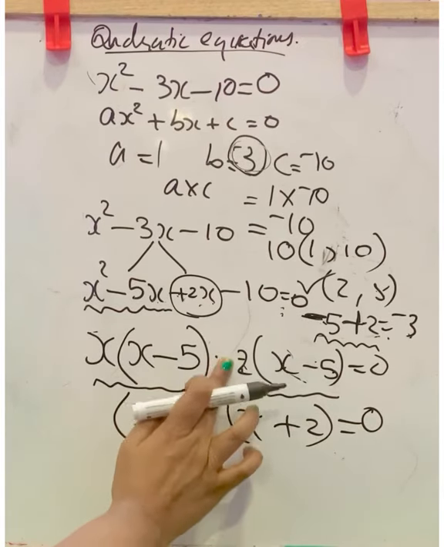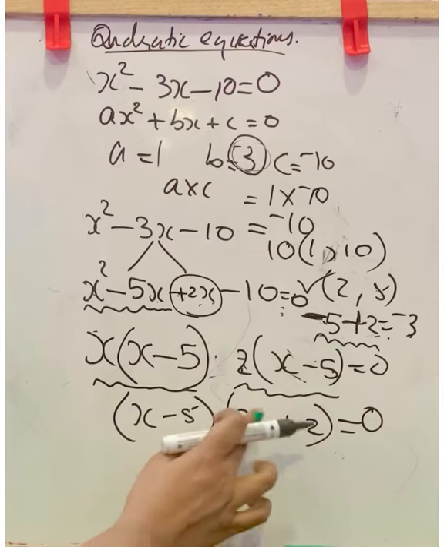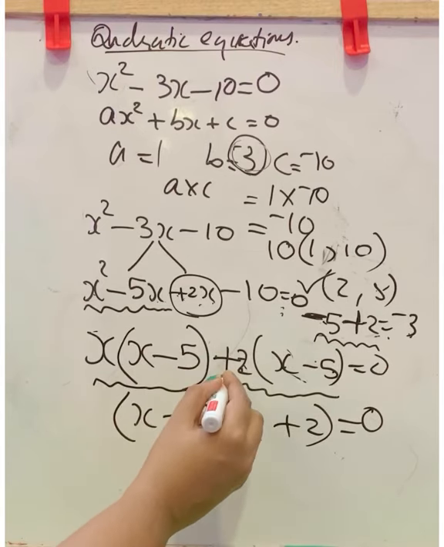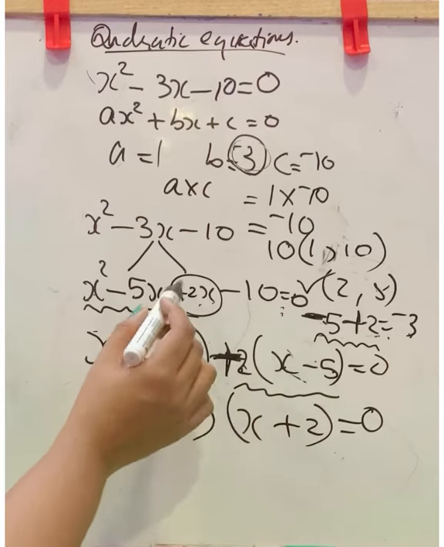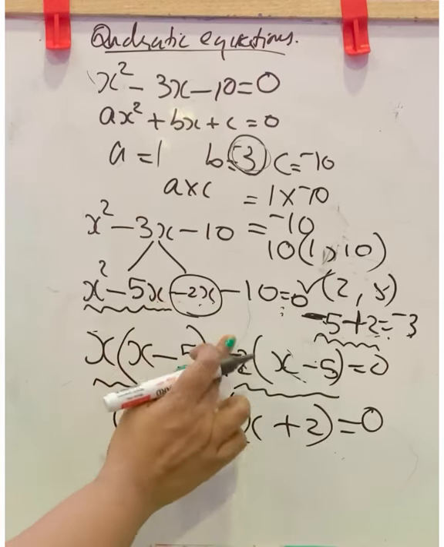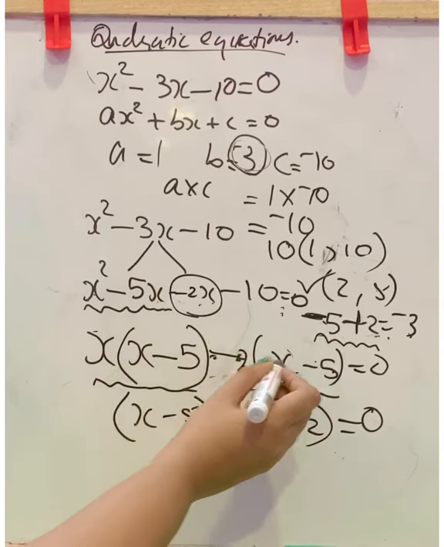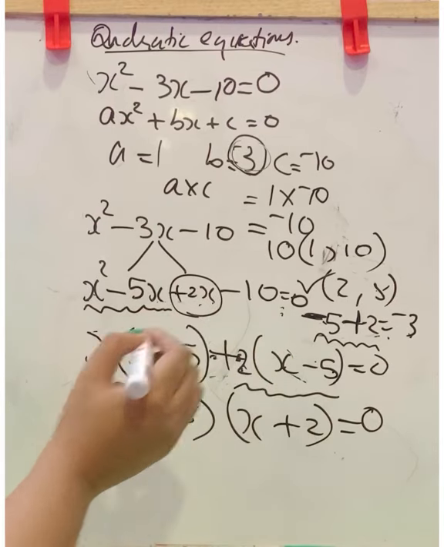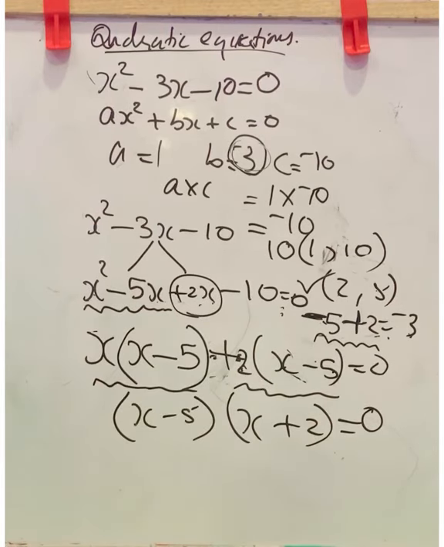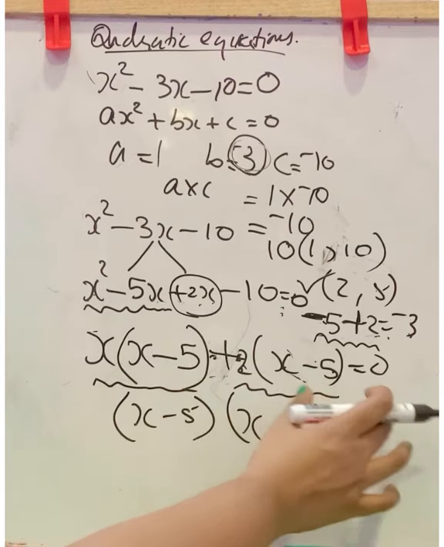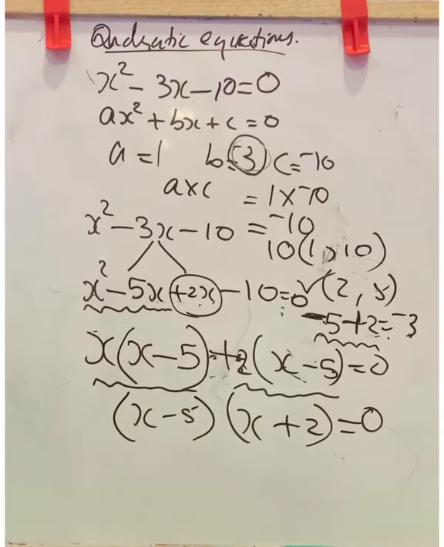If you forget to write the sign here, then it makes confusion. So remember you have to write the sign along with this 2. Plus 2 into x is plus 2. If it was minus, you will write here minus 2 into x is minus 2x. Here it is plus, so we write plus 2. Now we got two factors. Now equate each of the factors to 0 to find the roots of the solution.